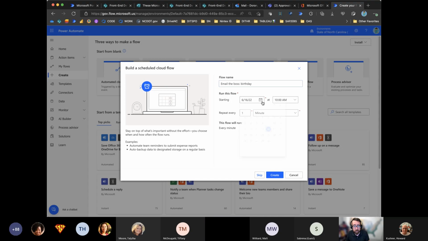So if my boss's birthday is June 6th, set it to that. You can configure the time approximately. And then it's going to ask me how often I want this to run. And the default is 1 minute, but I might want to do this every 12 months.